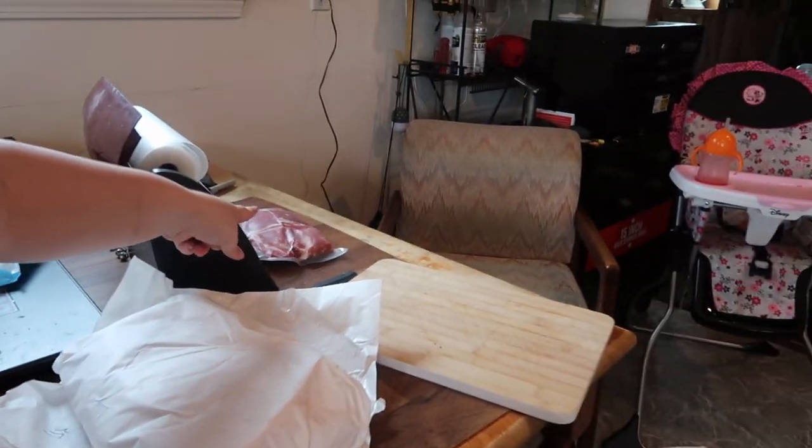Oh my god. But as of right now, I am packaging up meat. So this is London broil. This is a big boy. There's flank steak there. And then